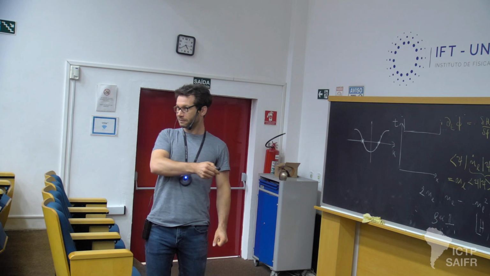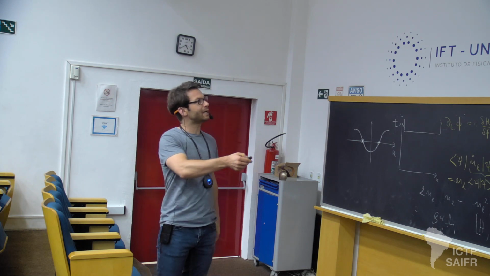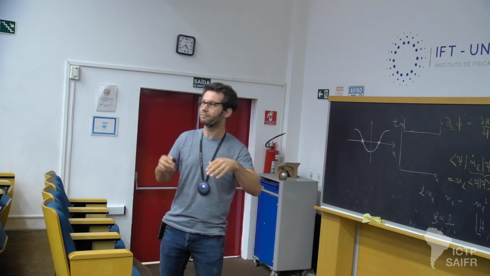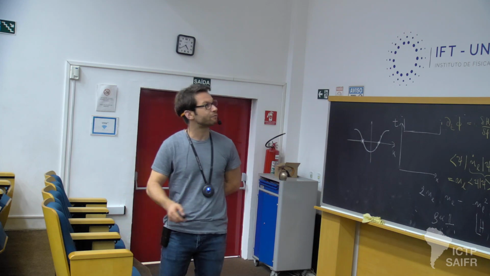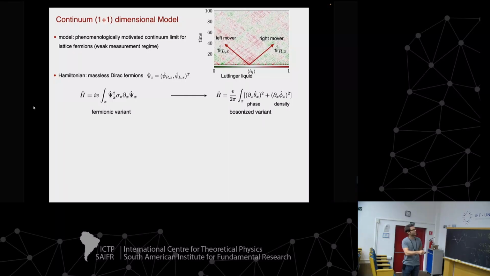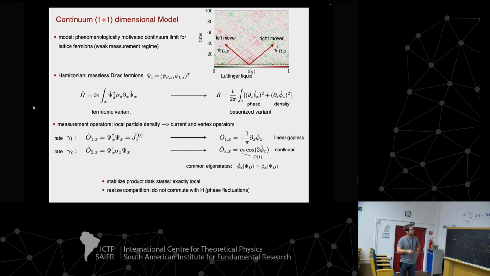If this is admissible, then we can bosonize this problem. So we can switch from a variant of this model representing fermions to a bosonic formulation of the problem, where the variables are a phase variable and a density variable. So that's really the Luttinger liquid construction. That tells us we can switch from these Dirac fermions in 1D to a bosonic variant of the problem, and that's much more benign to analyze.